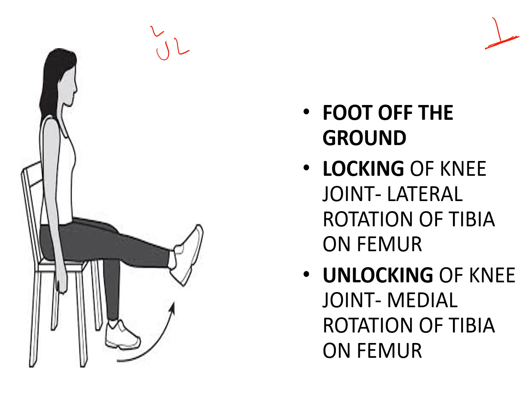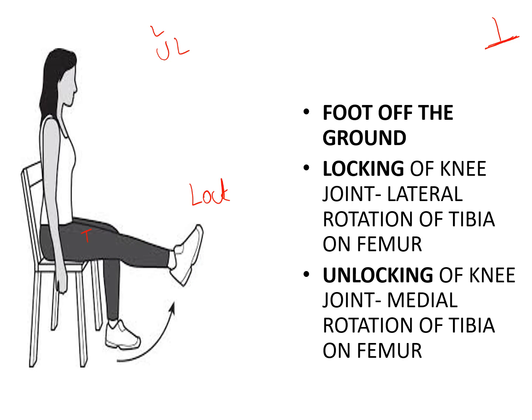If you can appreciate here, if you want to sit down and extend your knee, the knee joint is extended when the anterior aspect of the thigh and the anterior aspect of the leg are in the same plane. So this is the extension of the knee joint. When the foot is off the ground, the foot is not touching the ground, what do we mean by locking of the knee joint? The reverse will occur here. We will discuss it.